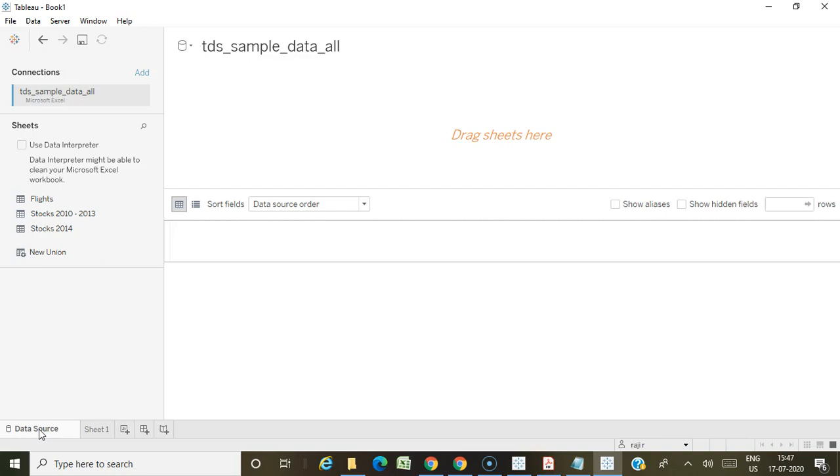Along with that, from the certification point of view, you have to know each and every function, and also why those functions are used, what a table calculation is, and in what cases we go for level of detail. Mainly they will be asking about fixed, so concentrate on the fixed LOD, and then they will be asking about table calculations. For basic calculations, the questions will be practical oriented.